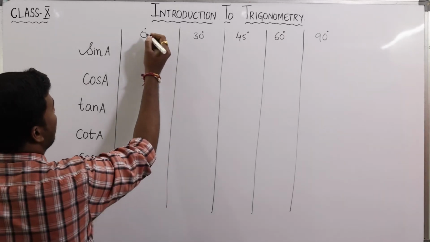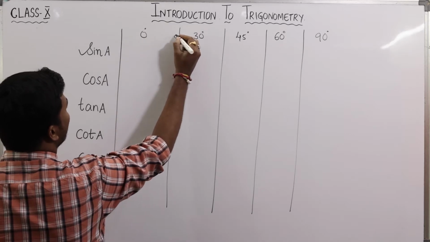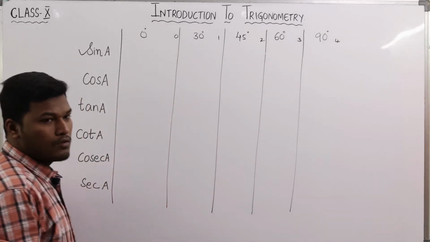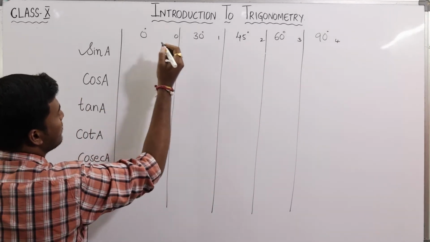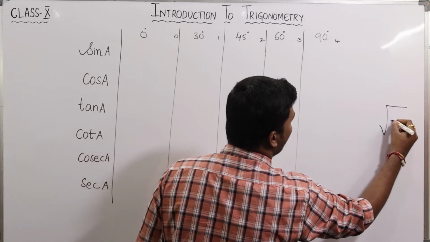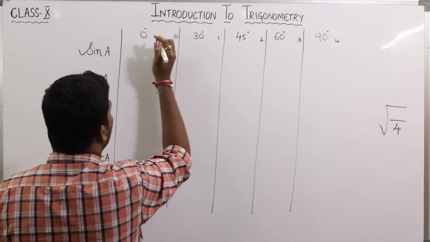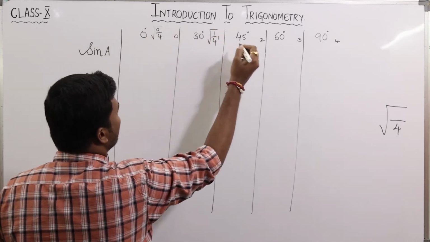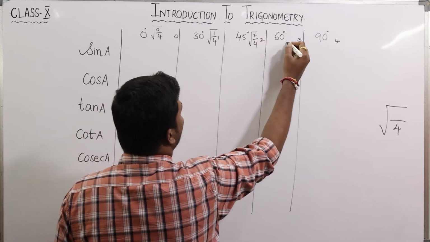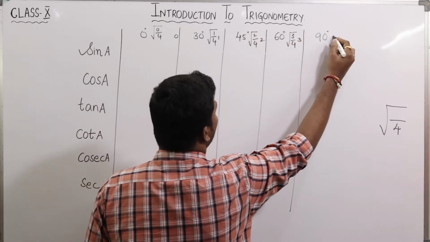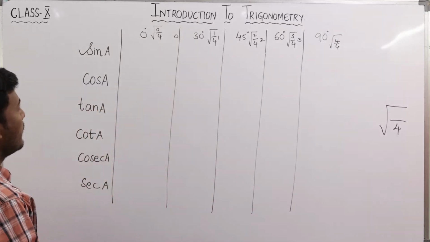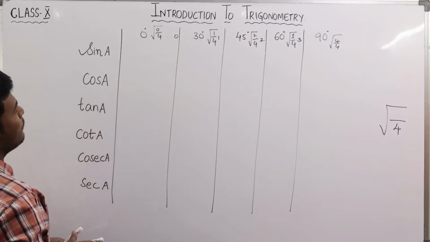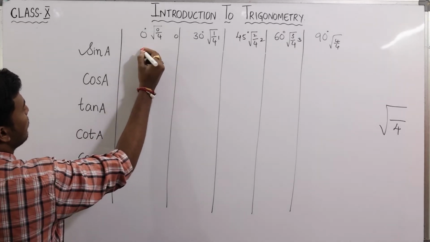So now let us consider this as 0, 1, 2, 3 and 4. So every number, let us use a trick, that is square root of the number divided by 4. If it is 0, apply it as 0 by 4. If it is 1, take it as 1 by 4. If it is 2, take it as 2 by 4. Next 3 by 4 and the last one will be 4 by 4. Now 0 by anything will become 0. Square root of 0 is 0. So therefore sine 0 degrees is 0.